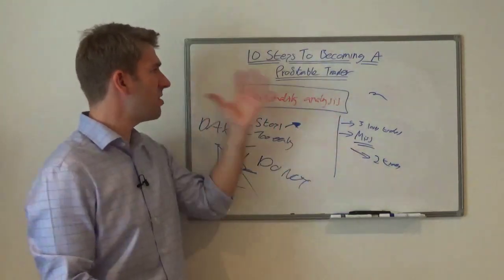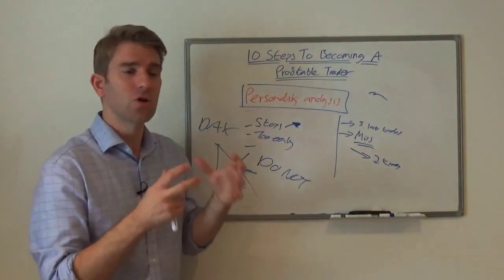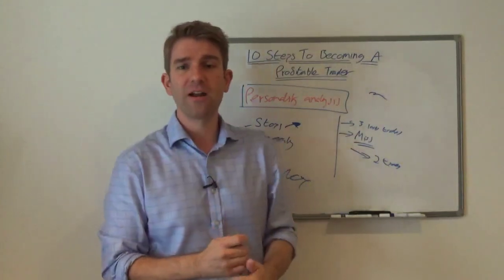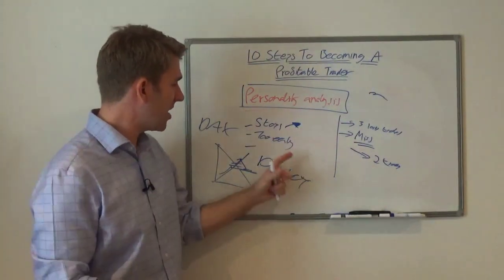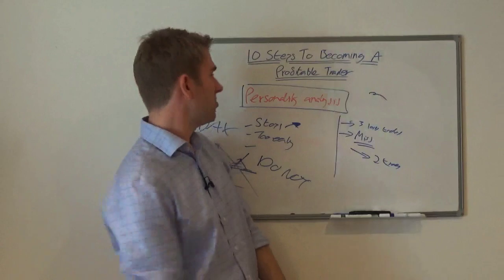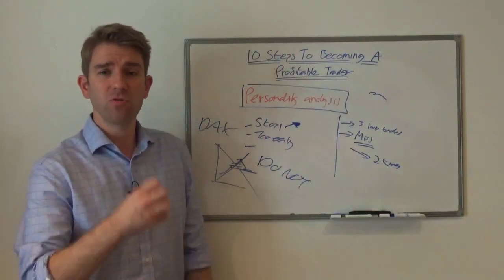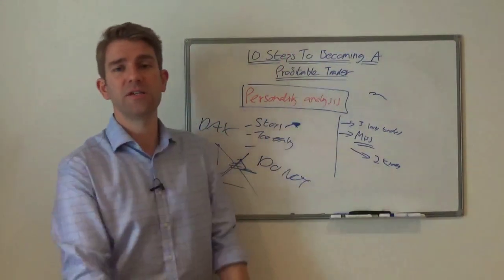But the objective of this whole thing is to remove the things that are causing you problems as a trader. And you know what? Most of the time, if you eliminate a couple of these bad things, your trading will just go through the roof, because you don't realize how much damage one or two of these bad habits is doing.